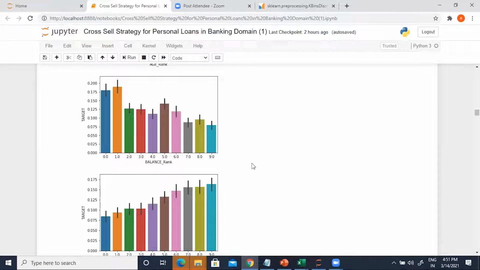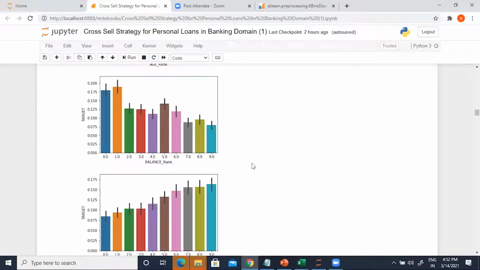But the problem is this, guys. For the bank, high value customers are the ones which have high balance. If I have only 100 rupees in the bank, will the bank feel comfortable giving me a 2 lakh rupee loan as compared to somebody who has say 5 lakhs as deposit in the bank? The bank will feel more comfortable giving that person a loan, correct? Yes. But then the chance of response is much lower. So then it is an issue, correct?